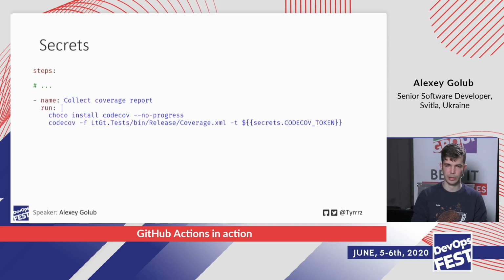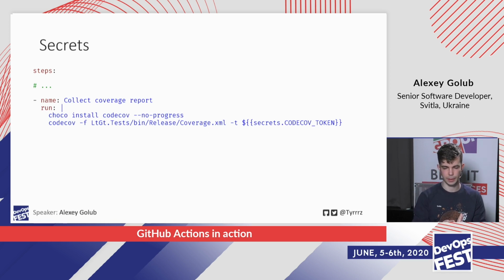Another thing that GitHub Actions offers is the secrets feature. So oftentimes we have workflows that depend on some integrations with other services, and to do that, you usually have API keys. And of course, you don't want to expose them in your workflows where anybody can access them. You can use secrets for that.